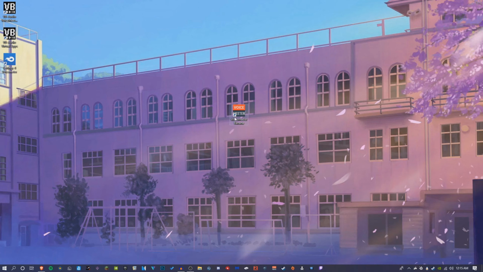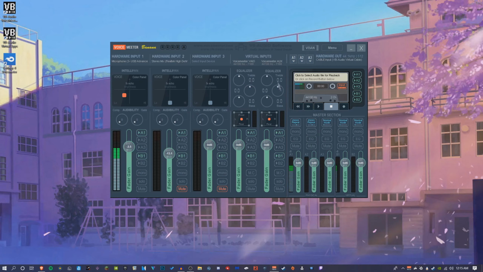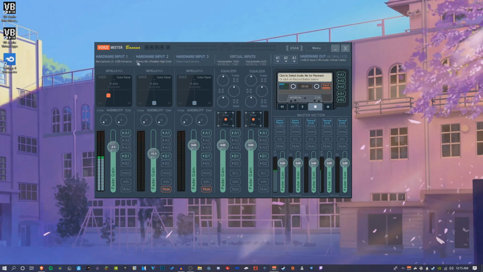You should be able to open it no problem. No administrator or anything like that, just open it cleanly, Voicemeeter Banana. If you don't have it open already, or if you can't see it, manually click it again to bring up the GUI. So as you can see, you have Voicemeeter Banana, you have the entire setup here,